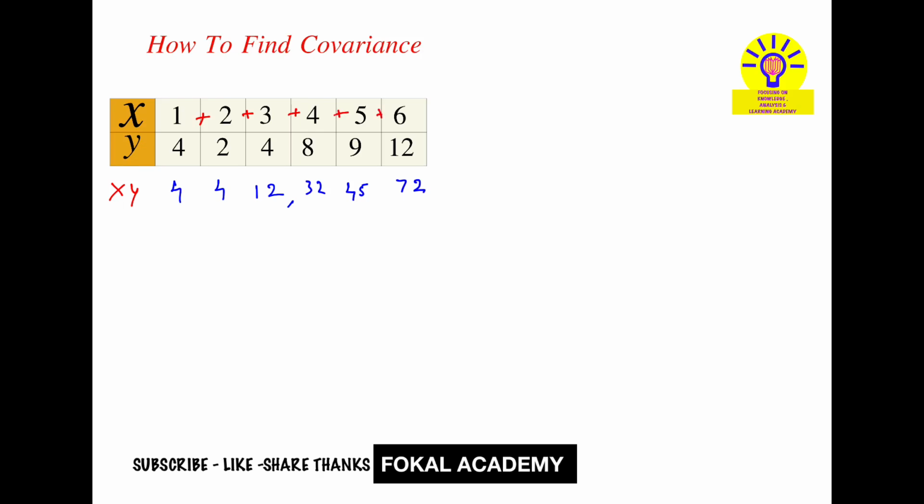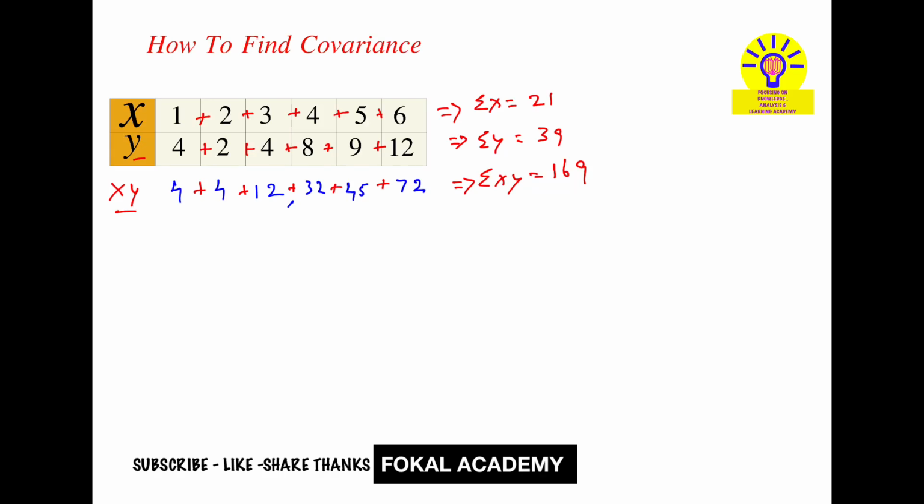plus 6. It gives the summation of x, sigma x value, so that is 21. Next, the summation of y values, sigma y values, that is 4 plus 2 plus 4 plus 8 plus 9 plus 12, which is equal to 39. Next, similarly, add the summation of xy values, that is 4 plus 4 plus 12 plus 32 plus 40 plus 72, so that is equal to